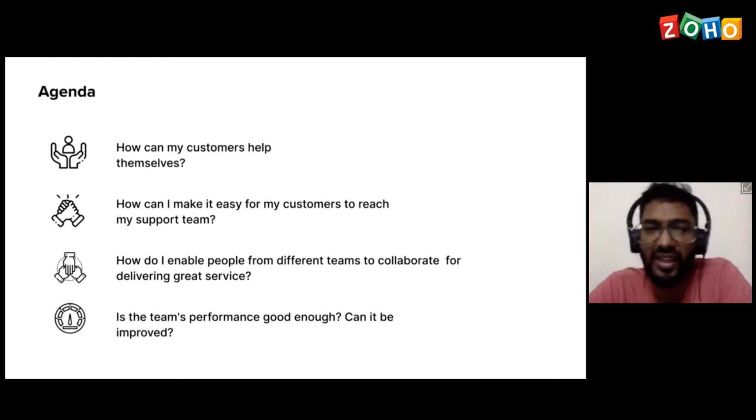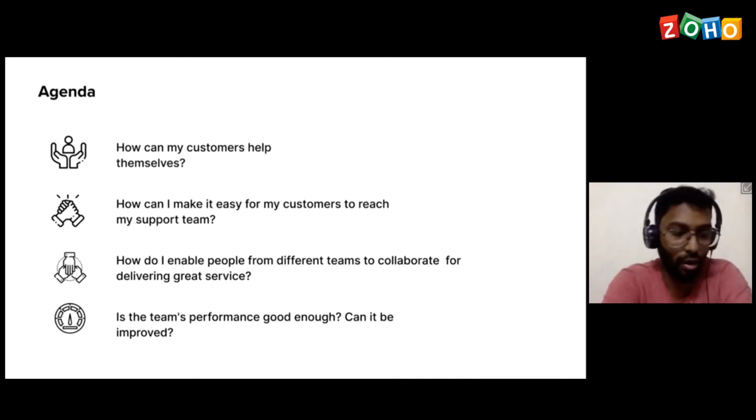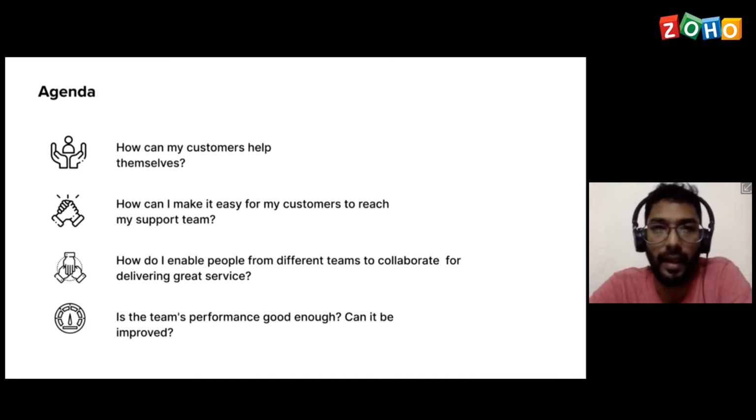Now, once these customers submit their tickets, it's important that your agents collaborate among themselves, that they talk to their teams easily without moving much from their existing screen, which is the help desk. They need to get the maximum information of the customer and of the nature of the ticket with minimum movement on screen. And of course, when you could automate a lot of things with a help desk, why not